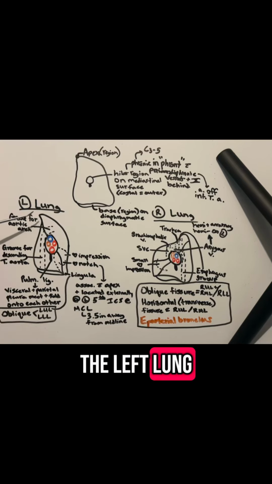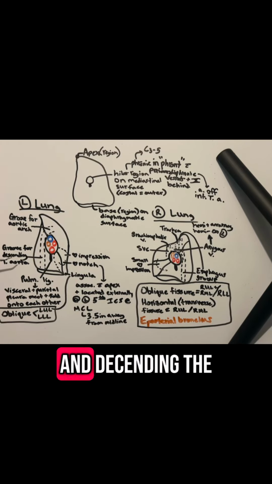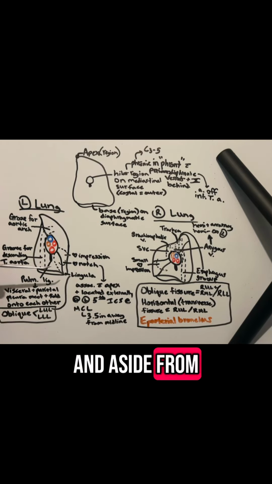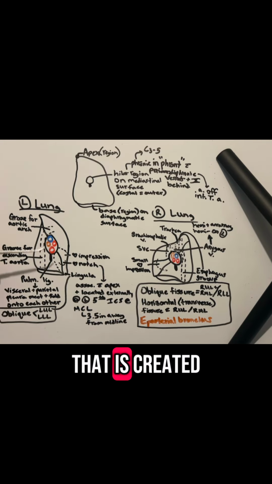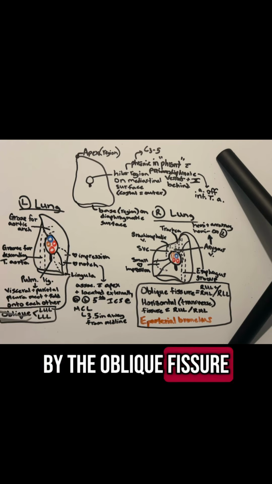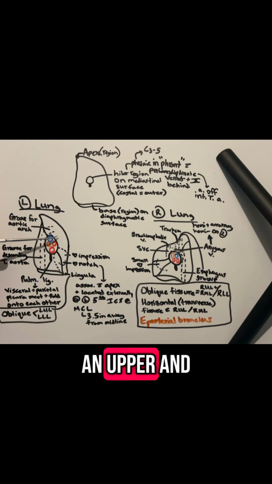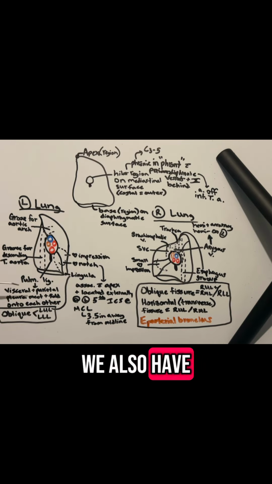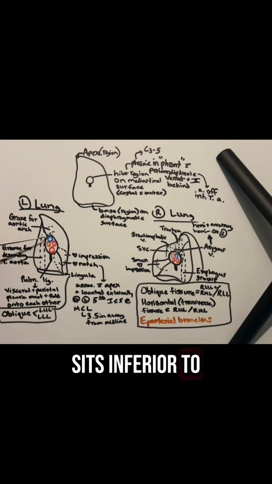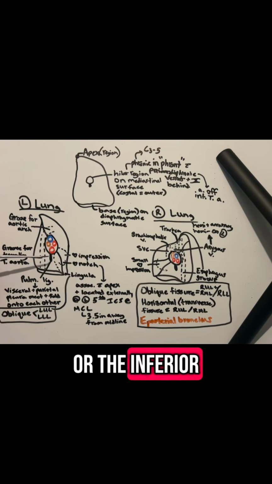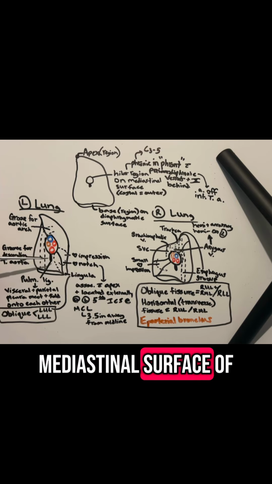Looking back at the left lung, aside from the groove for the aortic arch and descending thoracic aorta, and aside from the lingula that's associated with the left upper lobe of the left lung that is created by the oblique fissure that separates the left lung into an upper and lower lobe, we also have the pulmonary ligament. And the pulmonary ligament sits inferior to the hilar region, or the inferior aspect of the mediastinal surface of the